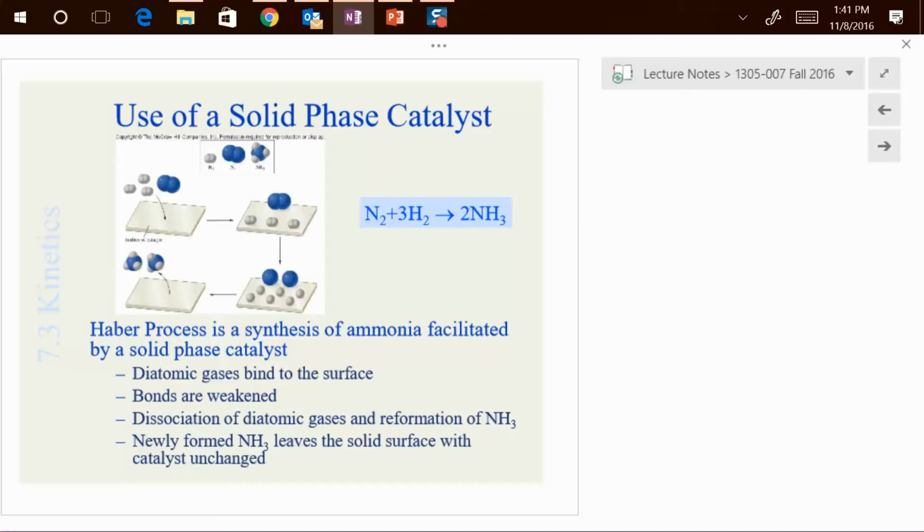to create ammonia back in the day. And they couldn't figure out how until they developed this solid phase catalyst that has these different metals and things associated in it that will bind that nitrogen and everything and increase the stress on the bonds and allow the bonds to come apart. Okay, and then once they do, the molecules can rearrange themselves, and then they will come off as ammonia,